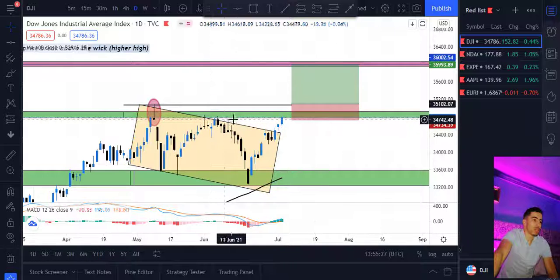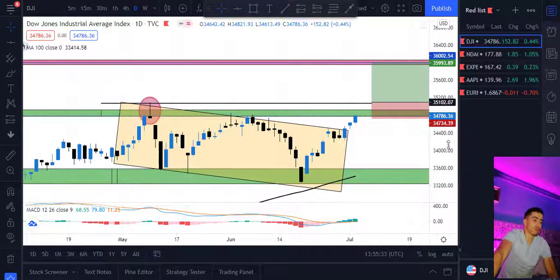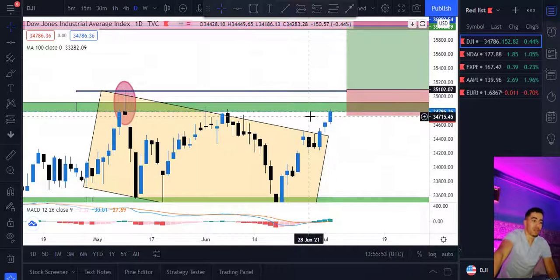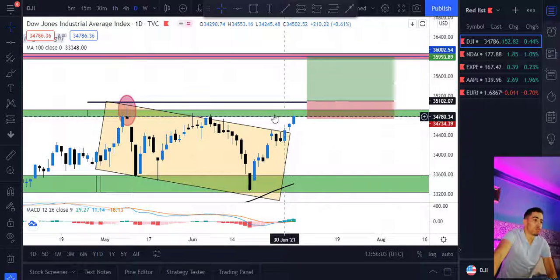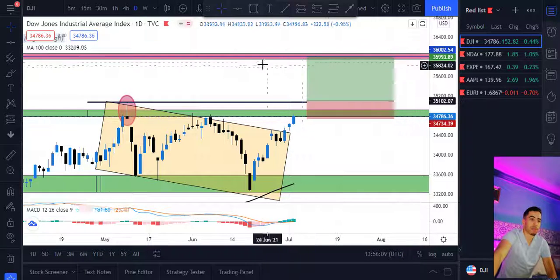But we must take into consideration this week's pin bar or inverted hammer, as you want to call it, no matter, but we must consider this rejection, this buyer pressure. So the price reached this level at our resistance. So what would we like to see next week? I think we could go to our next resistance, next supply zone at 35,000 or